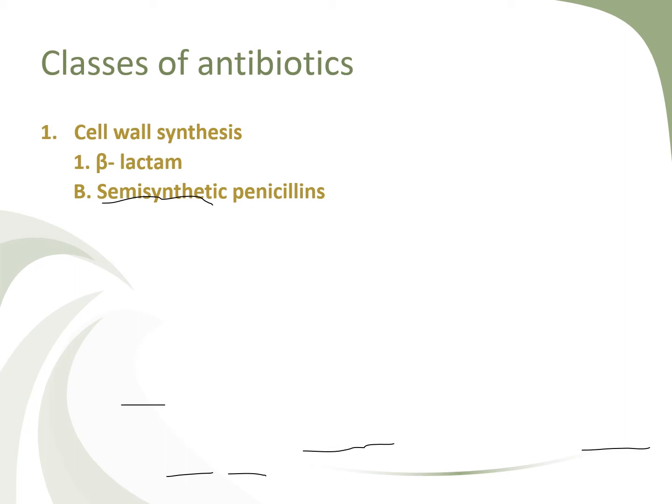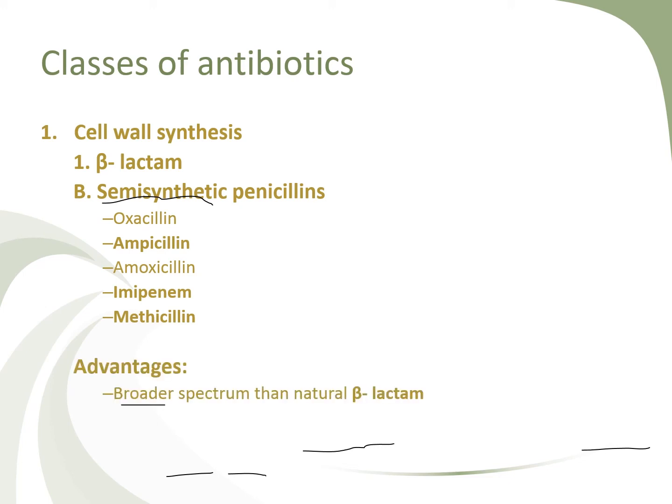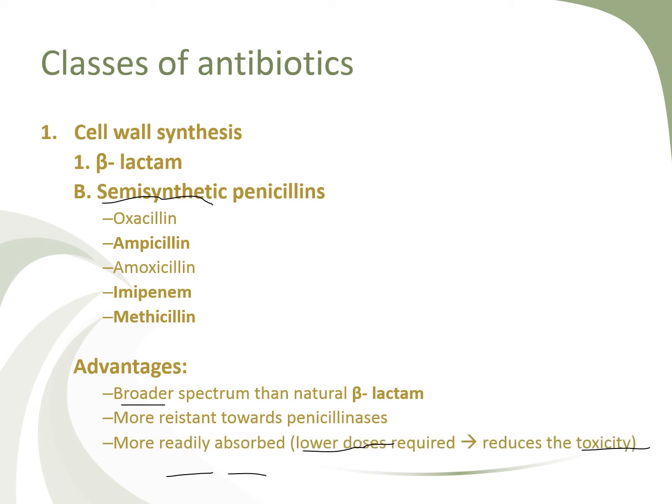Okay, now I'm going to talk about the semi-synthetic penicillins. I have these examples: oxacillin, ampicillin, amoxicillin, imipenem, and methicillin. And they have some advantages because they have a broader spectrum than natural beta-lactams, and they are more resistant toward penicillinases, because penicillinases are naturally produced by bacteria, but here it is semi-synthetic, so the bacteria do not recognize this very much,